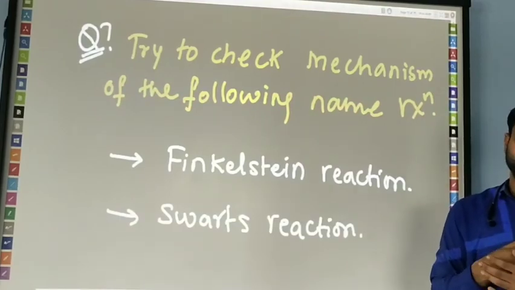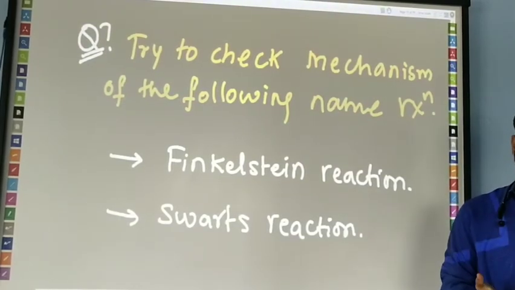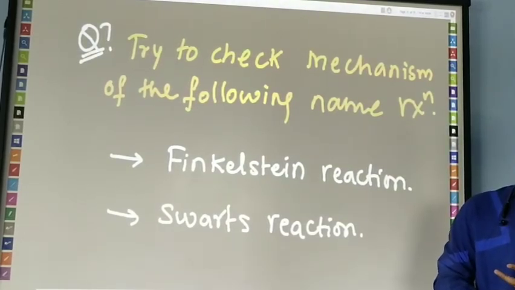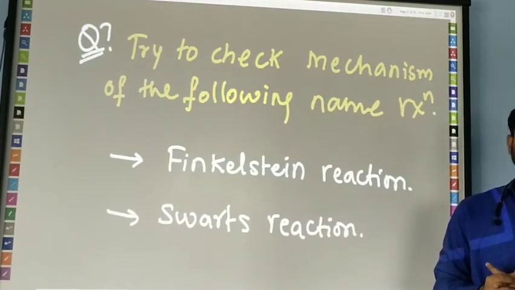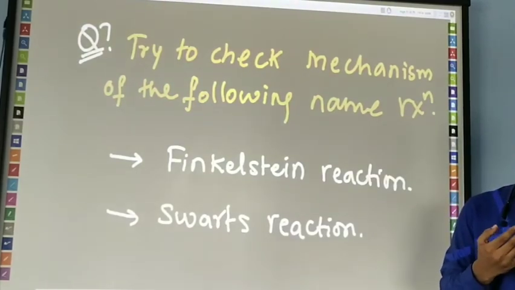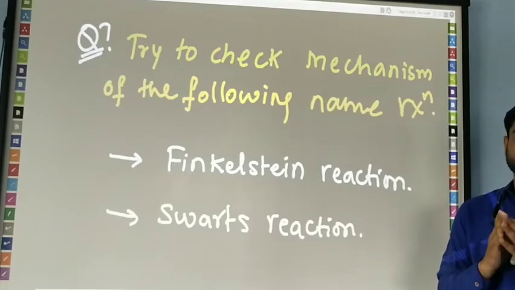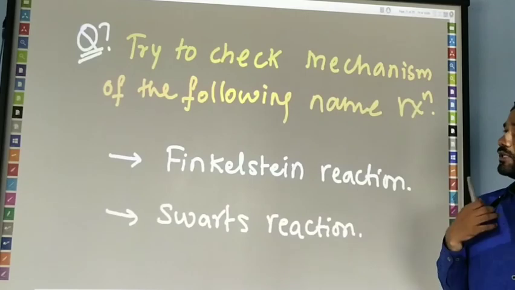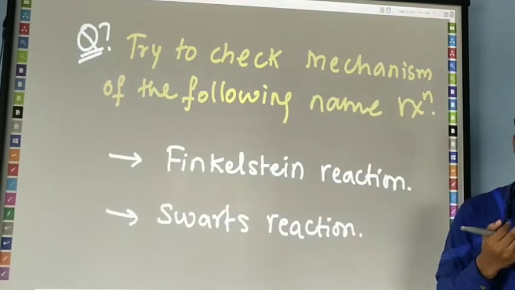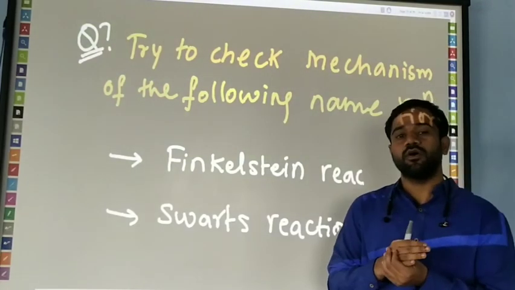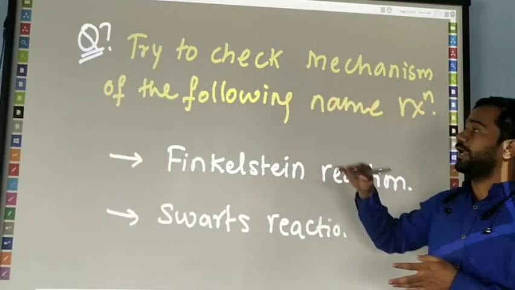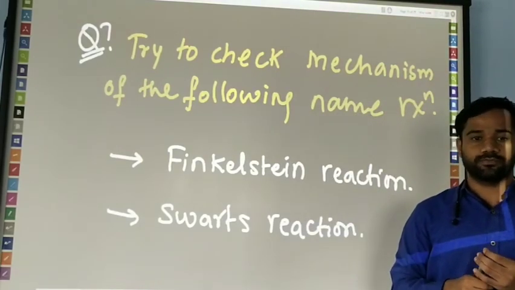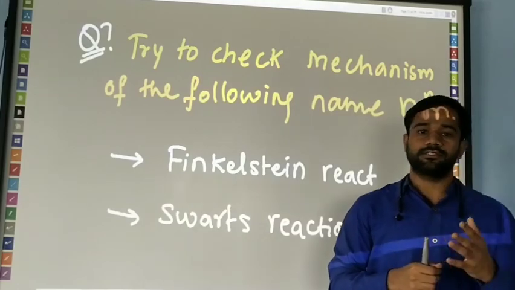In today's class we have studied the SN2 mechanism in a complete manner. We have seen the general reaction, the conditions, which type of solvent is required, and whether an intermediate forms or not. We have seen the order of reactivity and some examples. Let's see you in the next class.